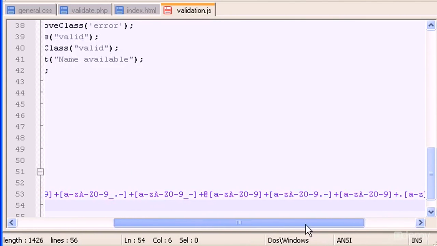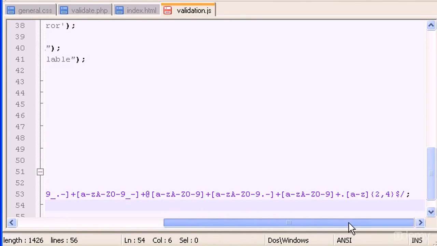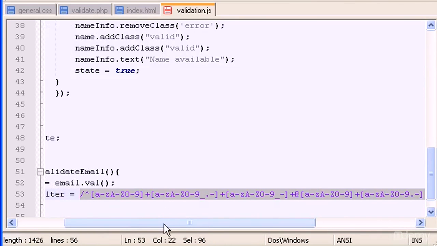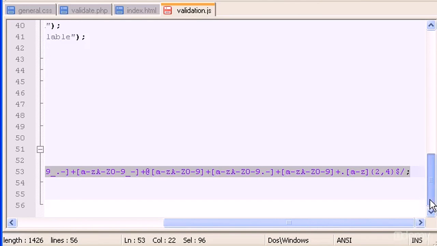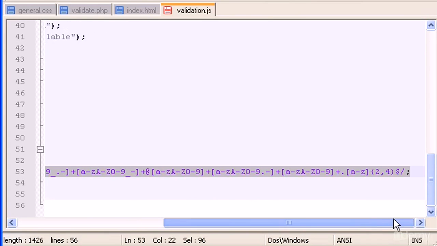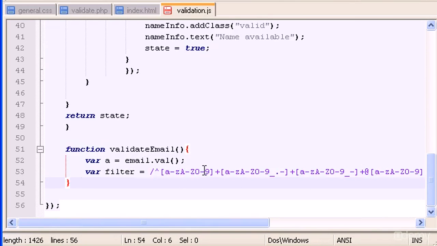So I think it will check your email and see if it's a valid one. Okay, there are a lot of other regular expressions to make sure that your email or your user's email is a valid one, and you can search that on the web. Okay, so let's proceed. And now after that whole thing, bunch of characters, we will type a new